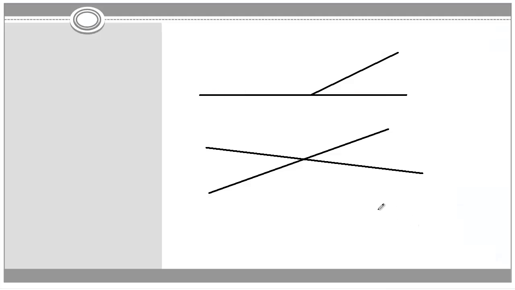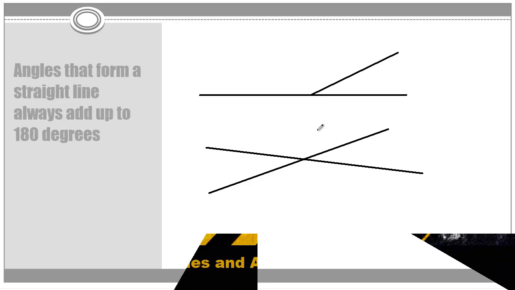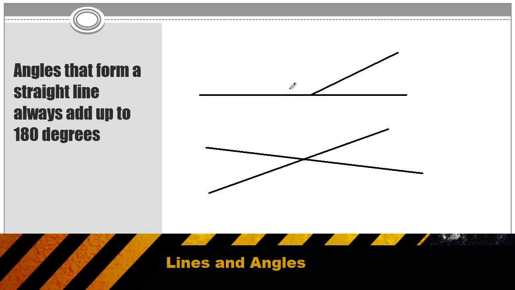If you have a geometry problem with intersecting lines or angles, you're either going to be adding angles together or setting two angles equal to each other. You should know that anytime two angles create a straight line, those two angles combine to be 180 degrees. So if this blue angle here was a 40-degree angle, the red angle on the other side would have to